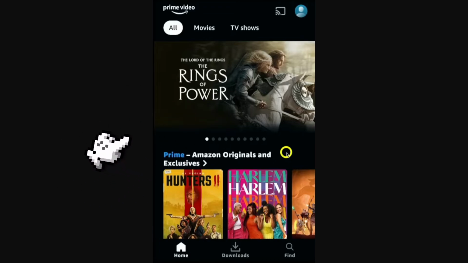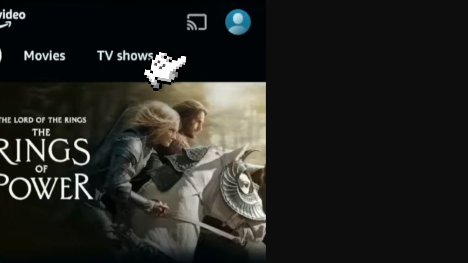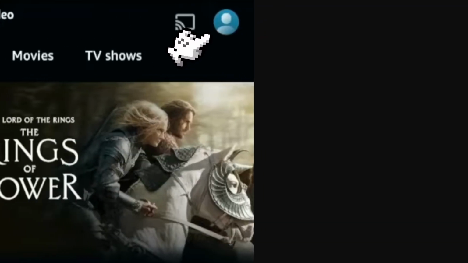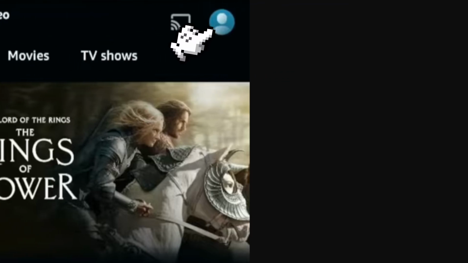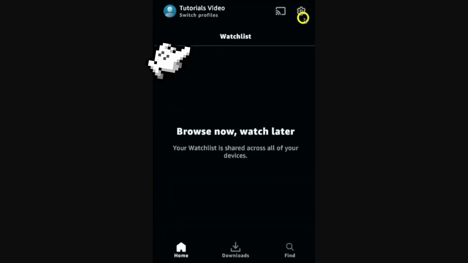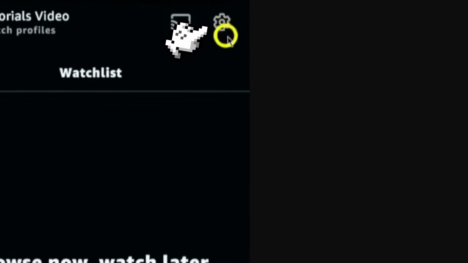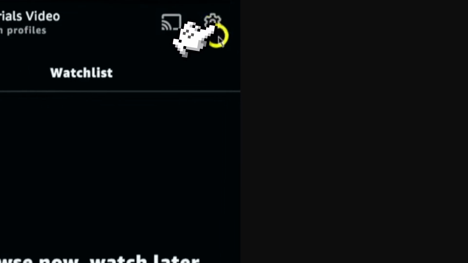The first step we're gonna do is to find this icon in our app. We're gonna open our app, and once we are here, we're gonna click this icon right here. Once we click this icon, we're gonna see this option right here. We wanna click this button here,